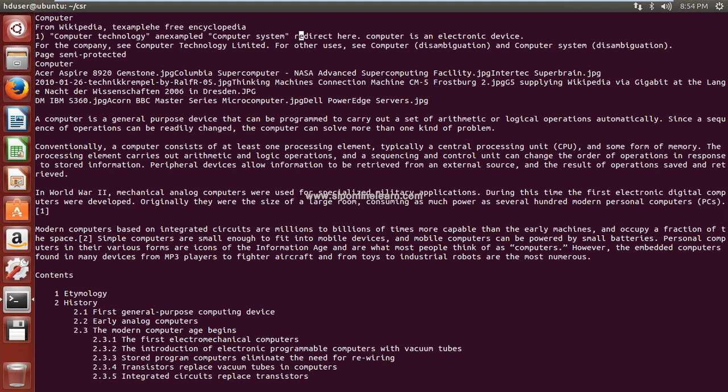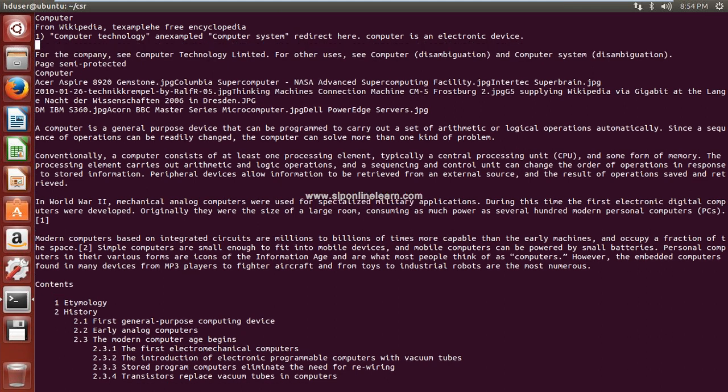Now here, if you press small o, it inserts a new line after the current line. Now press small o and see. Previously the cursor was positioned in this line, right? Now a new line is inserted after the current line. So this is the new line. Now it is in insert mode. You can type some text. Fine. Now press escape to change to command mode.